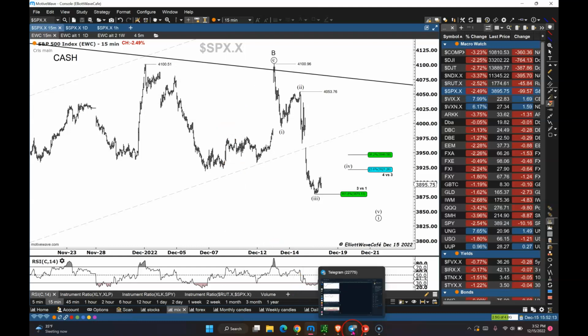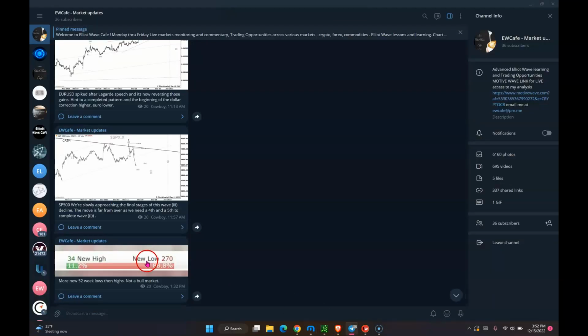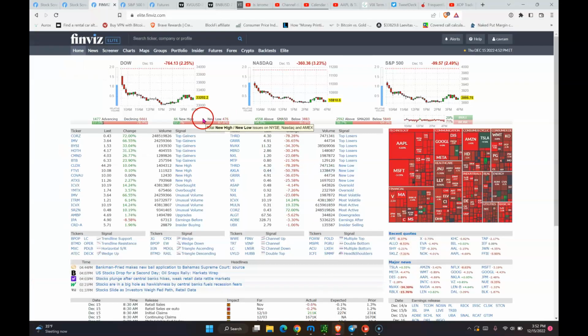When I posted this out about 1:30, we had 270 new lows versus new highs. And as the day unfolded towards the end, you had 476 new lows versus 66 new highs. A bunch of declining issues. So a very red market, with the exception of Tesla in consumer discretionary, which was actually even positive on the day, because it started the day negative but then switched back higher.